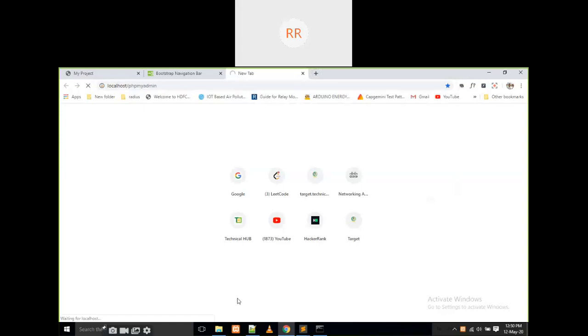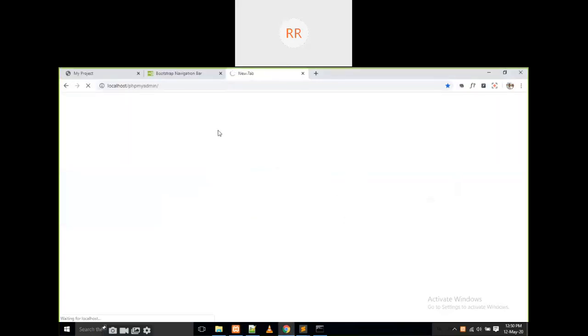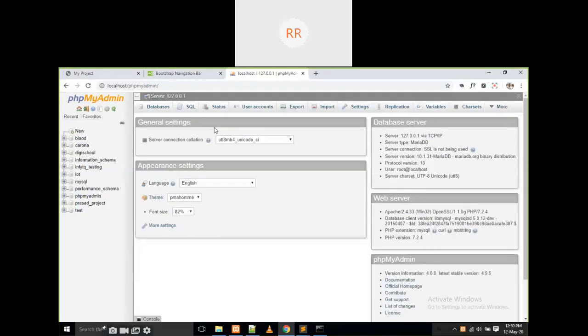After starting these two modules only, we can open this one. It will be enabled for you. If you have not started those modules, it will not open for you. Okay, this is my MySQL front end.